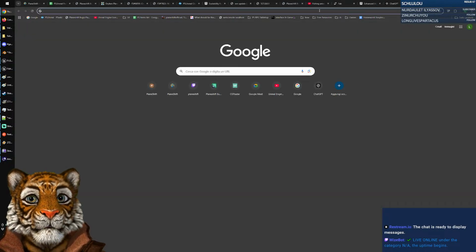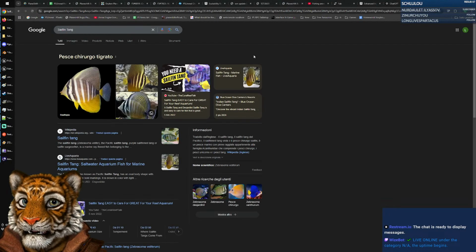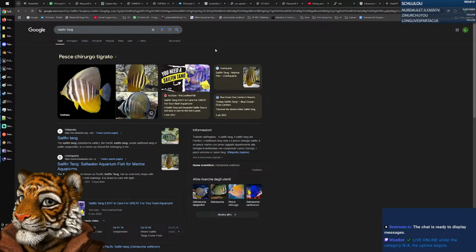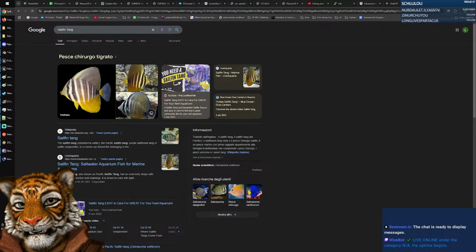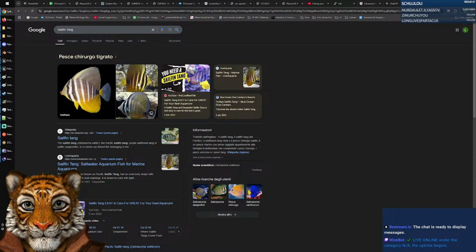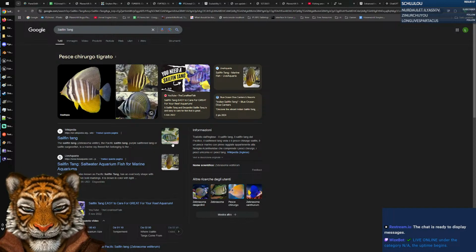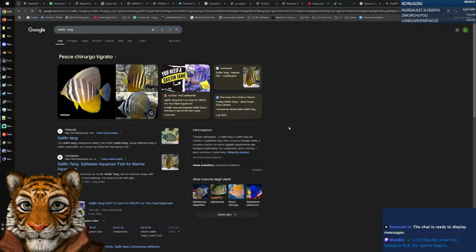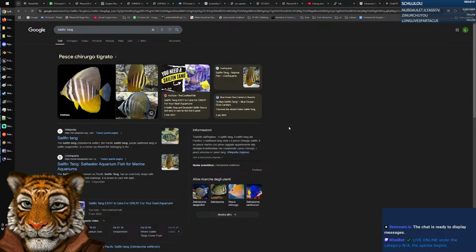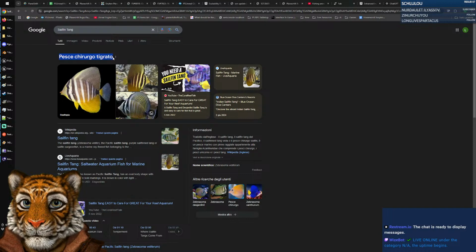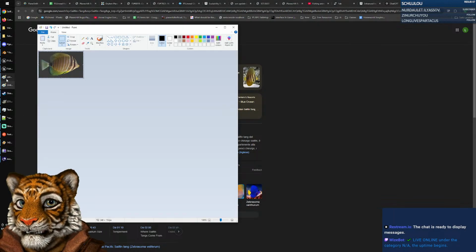Salfintang. Yup, it is exactly him. Well, at least it looks very, very similar to this. Yeah, I think it is. Pesce chirurgo tigrato. In Italian, this means the surgeon, right? Surgeon fish. I don't know why it's called that way, but